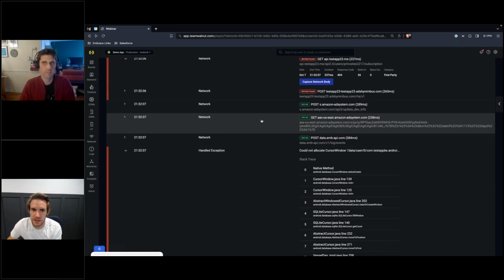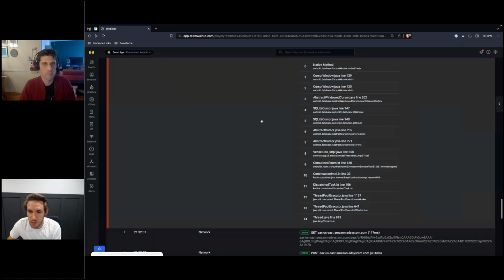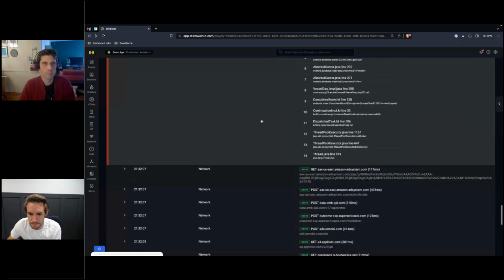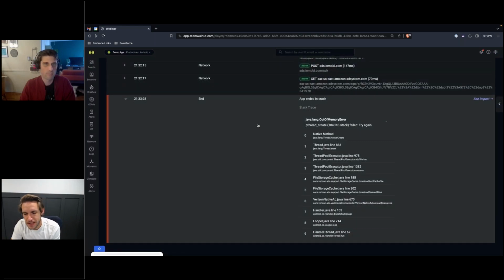Again, the network calls, the views they're in. We can even enable tap coordinates and where the user's tapping, right? What they're clicking on before they run into certain issues. Finally, we get to the crash at the end. Every tool will provide a crash report, right, of what's happening. But what's unique here is you'll get the stack trace and the crash, and also, again, the steps that led up to that.